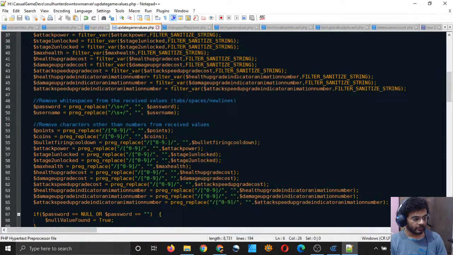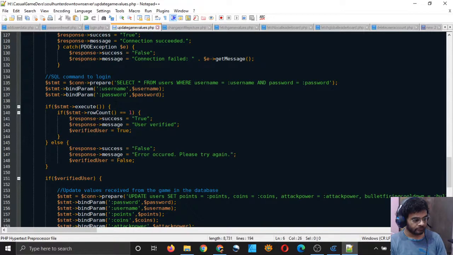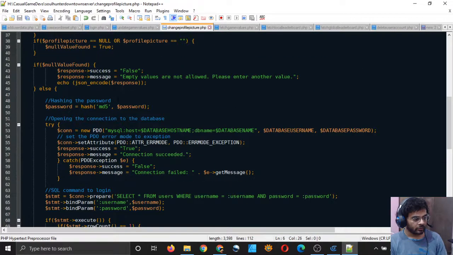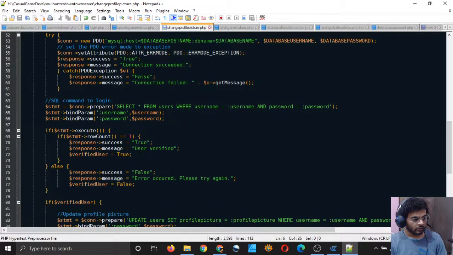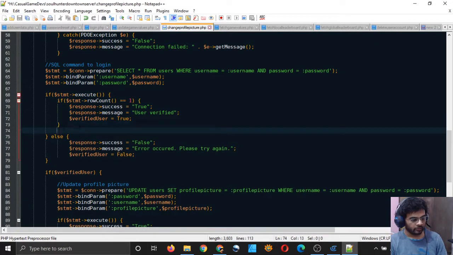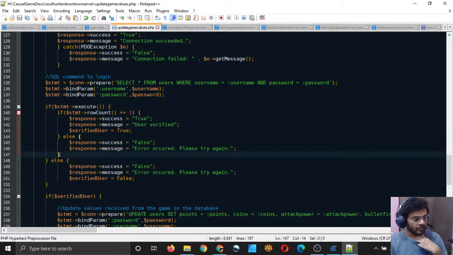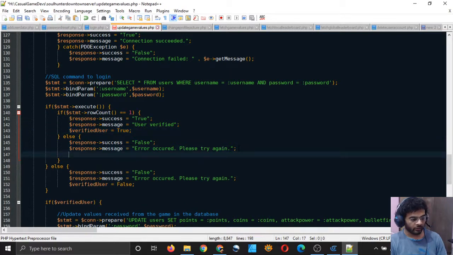So let me do it everywhere because it's important. So I will simply paste it. That's looking good, and here also I will simply paste it. And here you can see that there is a verified user variable, which is set to true or false. Here it should be false.